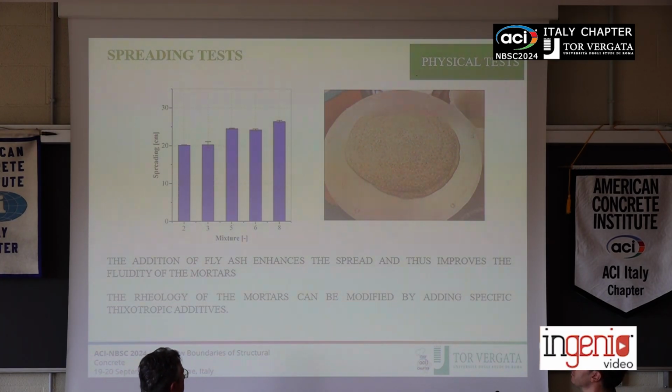from this plot on the left, the spreading of the mortar was relatively high, in most cases higher than 20 centimeters, and in particular we can see that the addition of fly ash led to a more fluid mortar. In this regard, in the last weeks we are trying to add some thixotropic additives to improve this aspect, because for FRCM application we would prefer to have, let's say, thixotropic